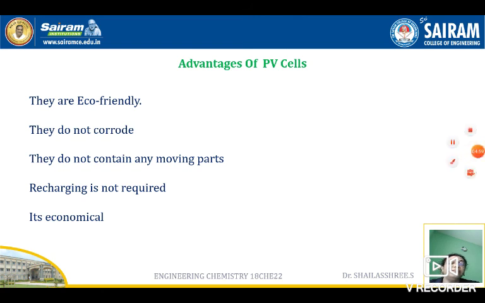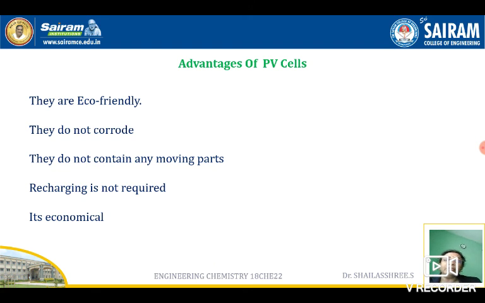After completing everything, you must end with the advantages and disadvantages. We already discussed this in the previous classes, but when it comes to solar cells, this question will be asked: what are PV cells? Write the construction and working of PV cells. From the beginning you have to write what solar cells are. Solar cells are devices which convert the sunlight energy, solar energy from the sun, into electrical energy.